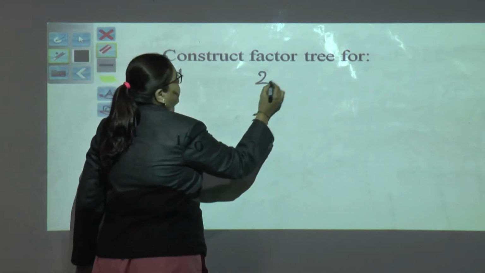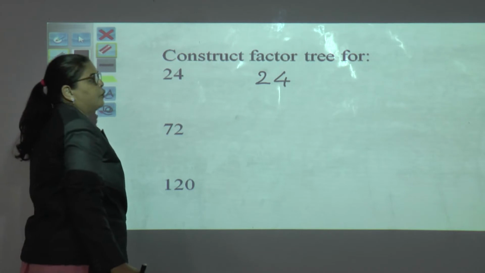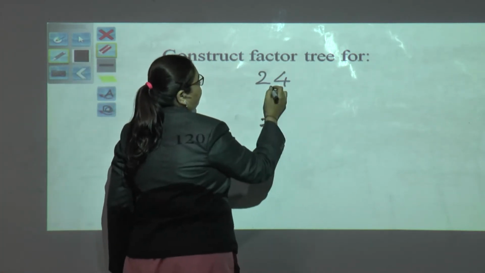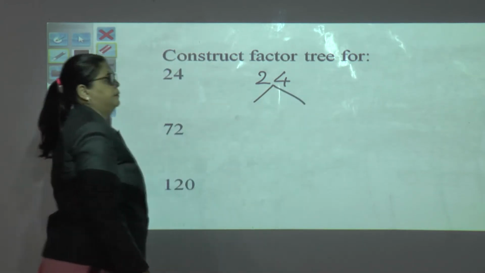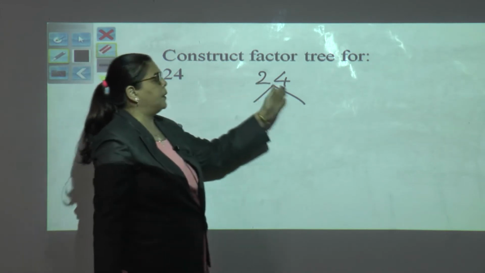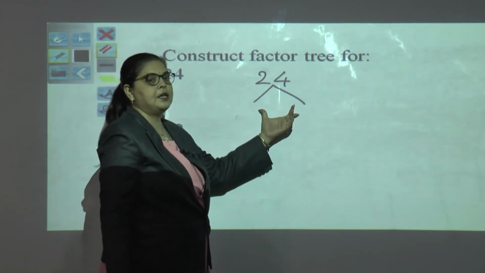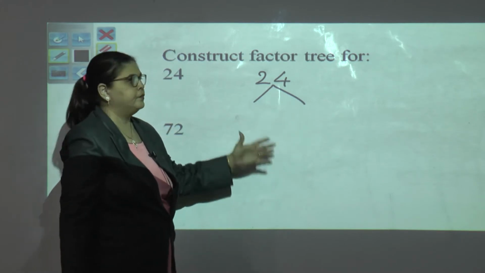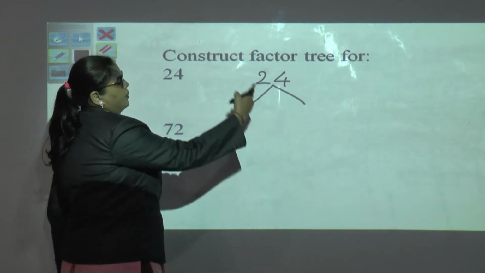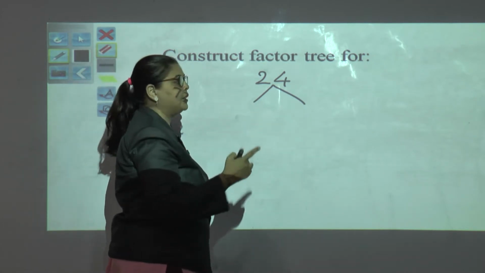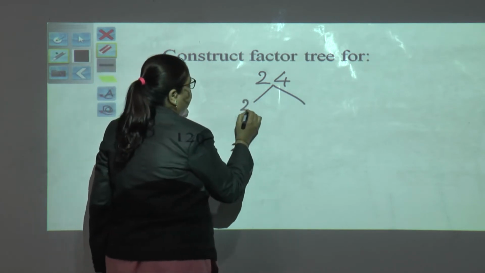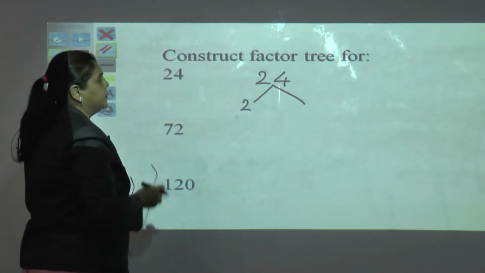So suppose it is 24, we are taking an example. The name itself says tree, we have to make a factor tree. My dear students, when you are writing it, it should be somewhat apart from each other, so it will be easy to write the factors of it. Since it is an even number in the ones place, it will be divisible by 2, giving a 0 in the remainder, meaning it is exactly divisible by 2. So I will write here 2. What will be the other factor?